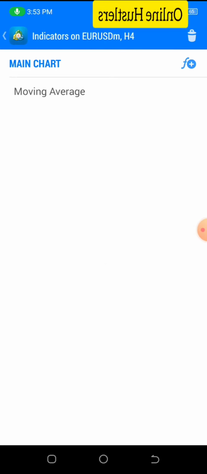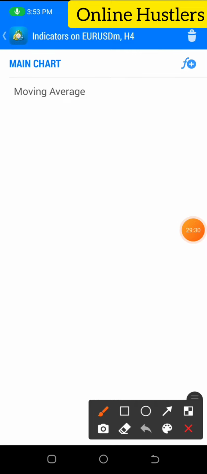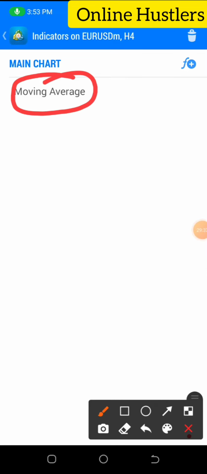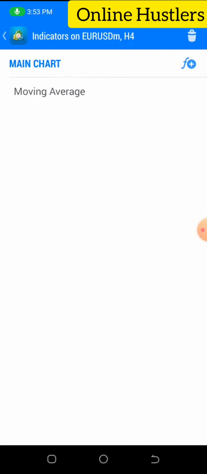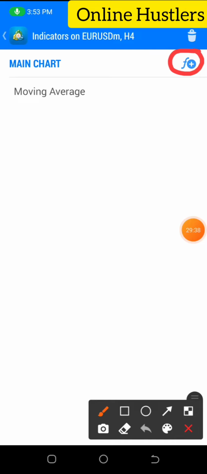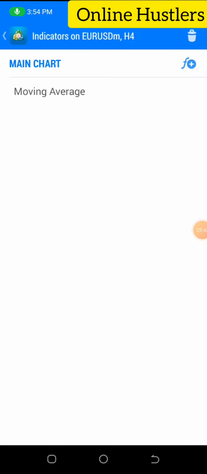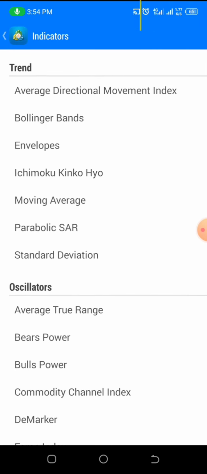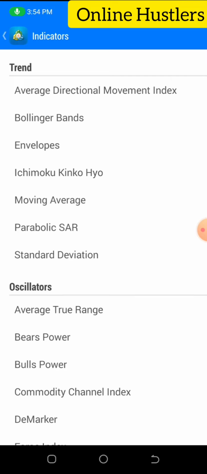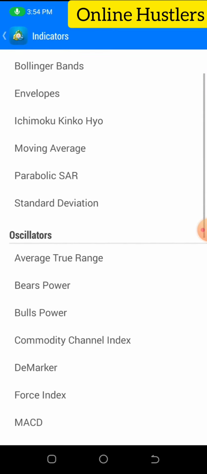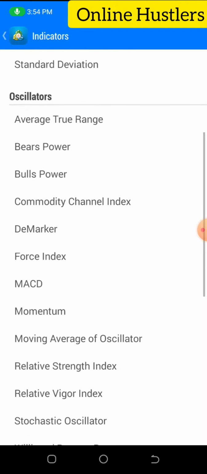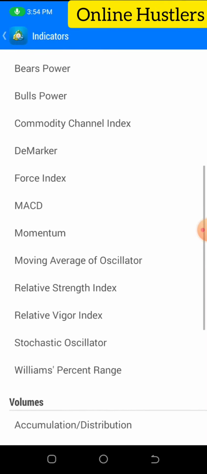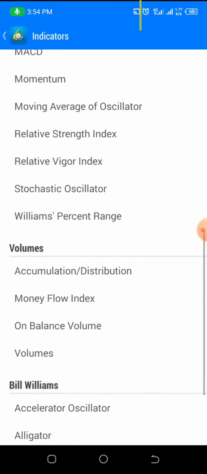Now, as you can see, we only have one indicator, which is the moving average. So you click on this F plus button. So now these are the available indicators. We have the average directional movement index, Bollinger Bands, Ichimoku, moving average, parabolic SAR, Bulls Power, Bears Power, moving average of oscillator,